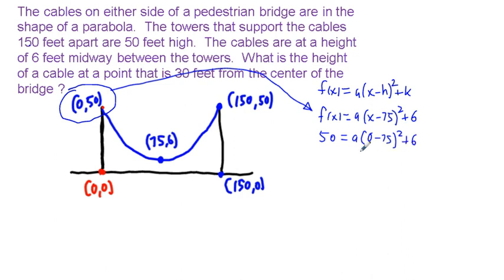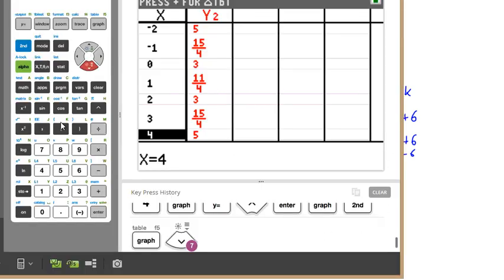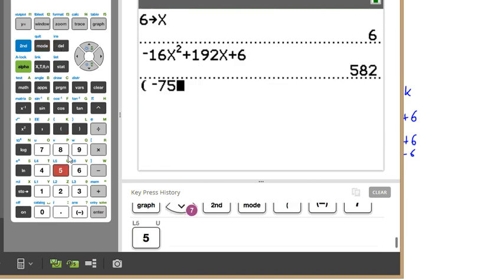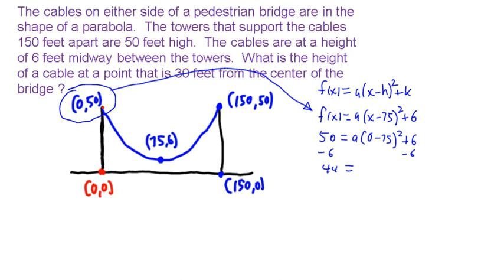Now if we subtract 6 on both sides, we have 44 on the left side equal to a times negative 75 squared. So in our calculator, negative 75 squared gives us 5625. Okay, so if we divide by 5625,